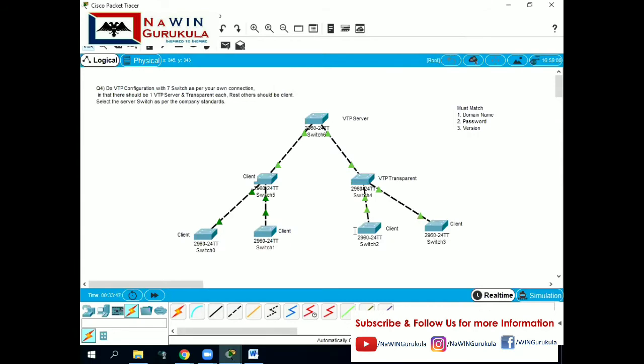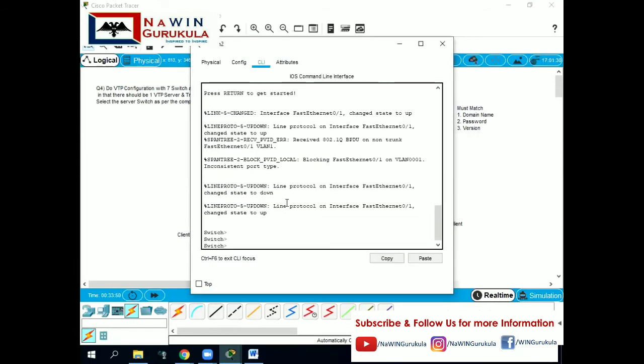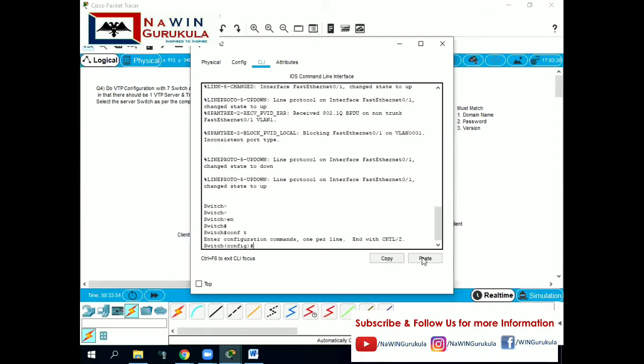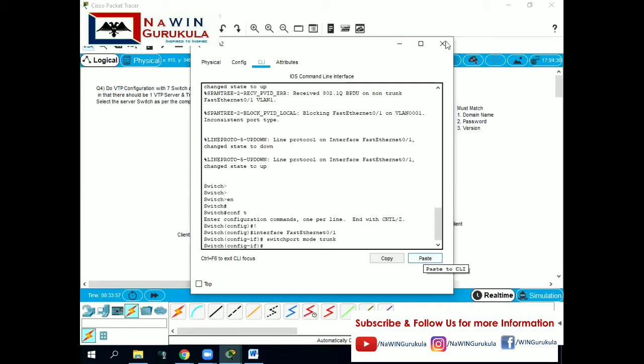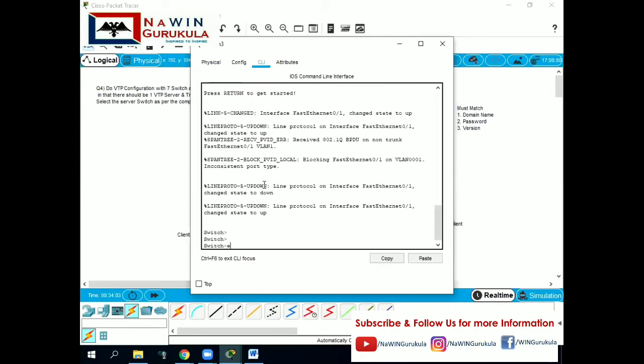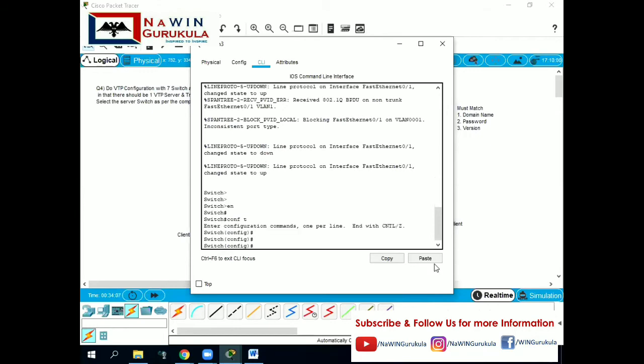Simple. Similarly, enable, config terminal, we'll paste it. Enter. Similarly, in the last switch, enable, config terminal and just paste it.